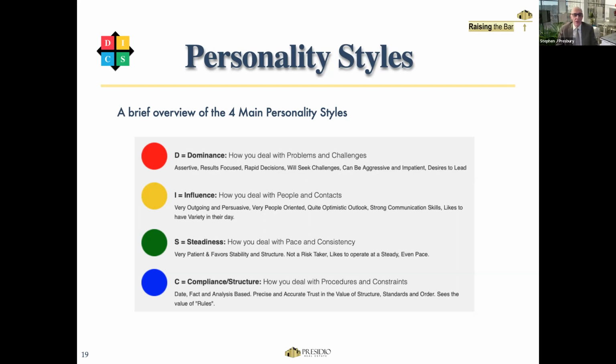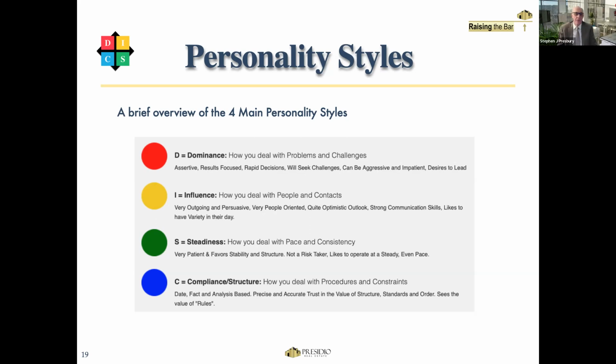And you've got the blues, but more sort of analytical type folk. They do like facts and figures. They want to be correct. They want to follow the rules, and they want to make sure that everything is right. In real estate and in every walk of life, we actually all have some of these characteristics in our own